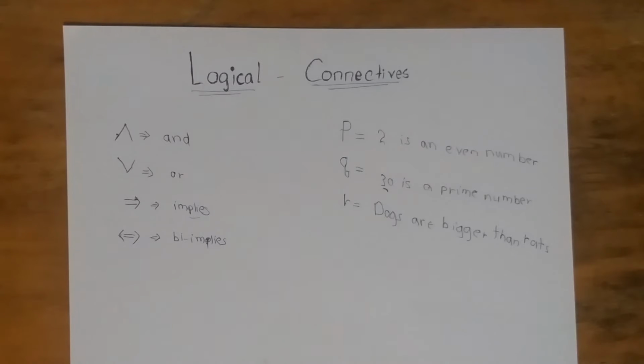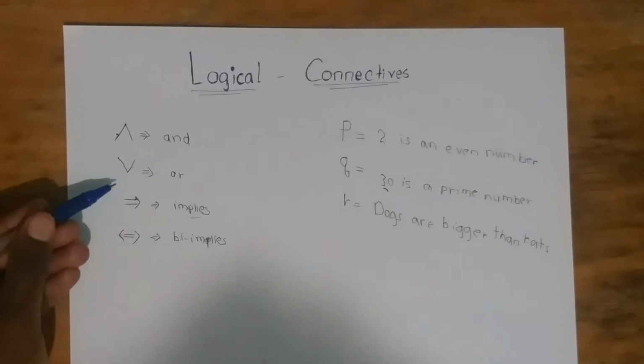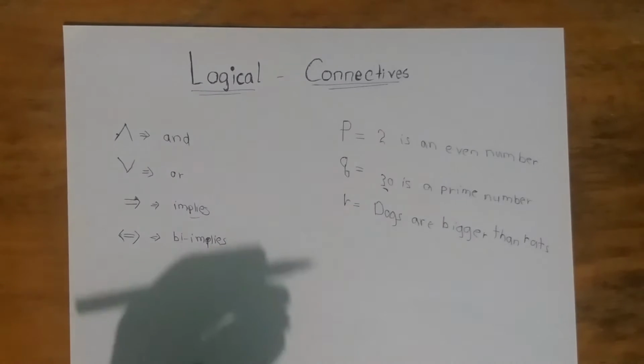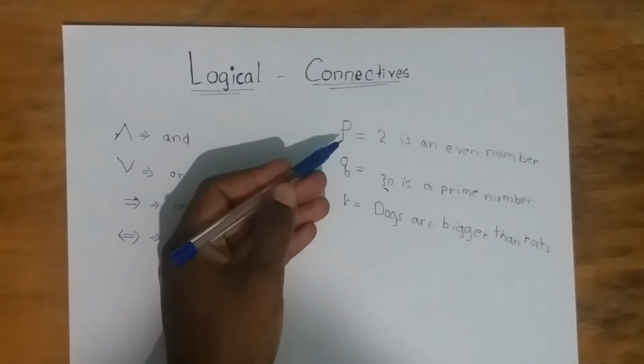So today we're going to discuss logical connectives. So far, as expressed here, we're going to use the symbolic representations, which are the and, the or, the implies, the by-implies. As you've seen here, I've written a couple of